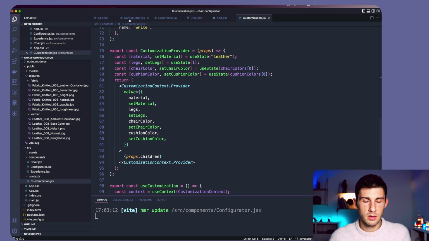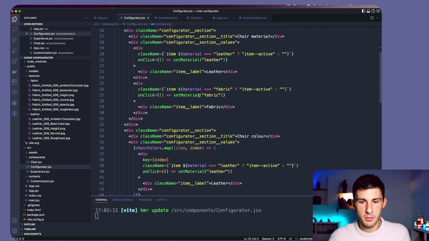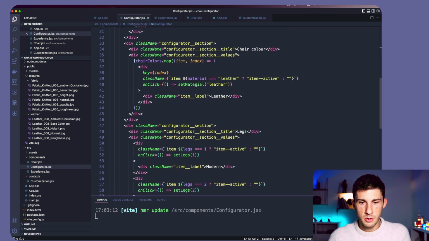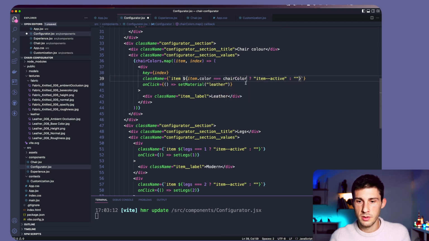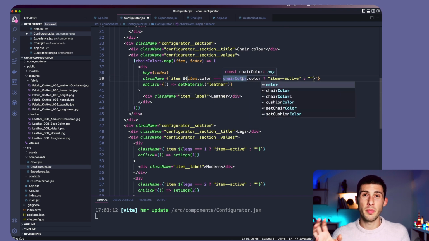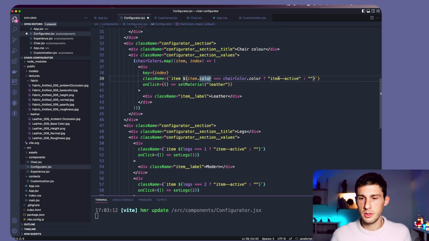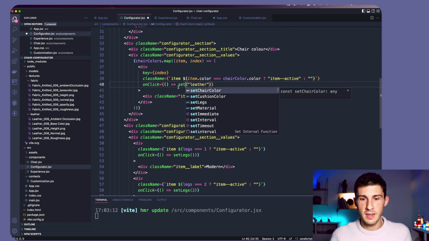I don't know why I didn't have auto-completion available. So here, what we do is item.color equals to chairColor.color, because we can't compare array instance, so I prefer to use the color, and set color